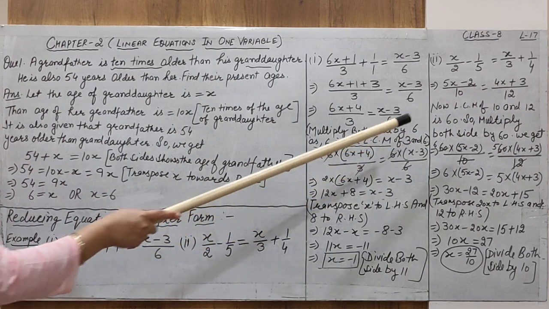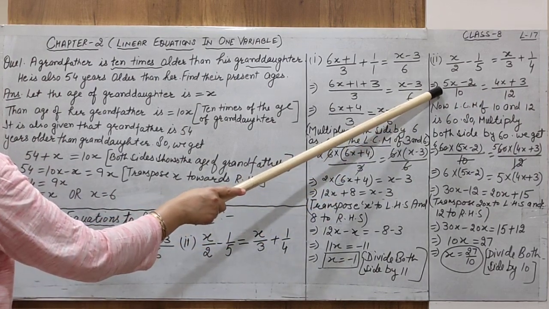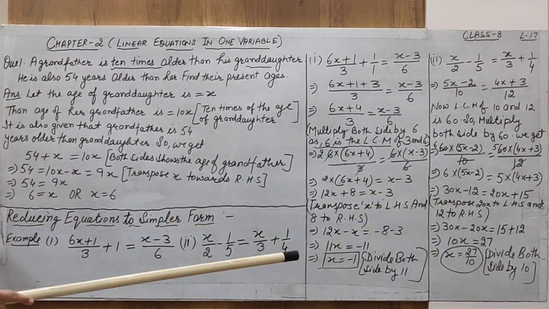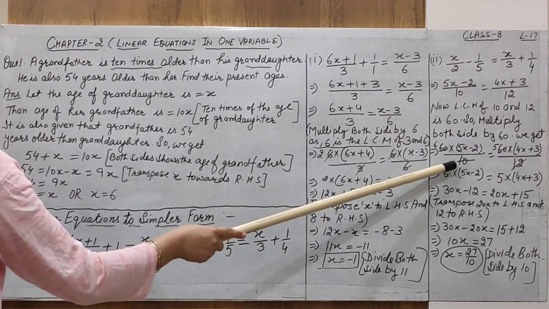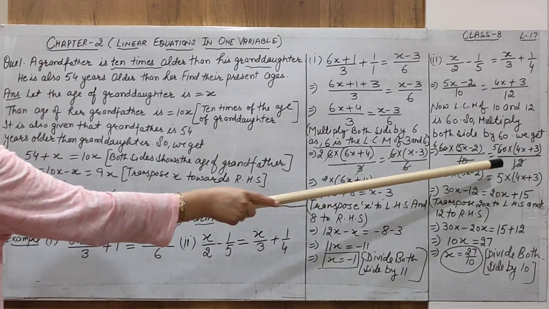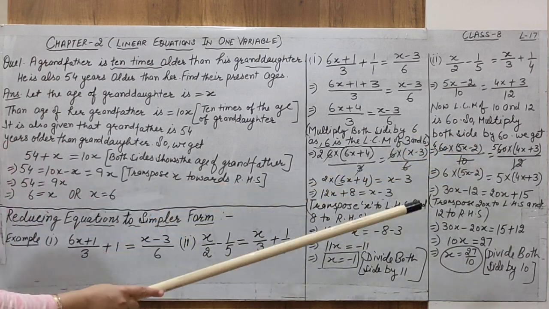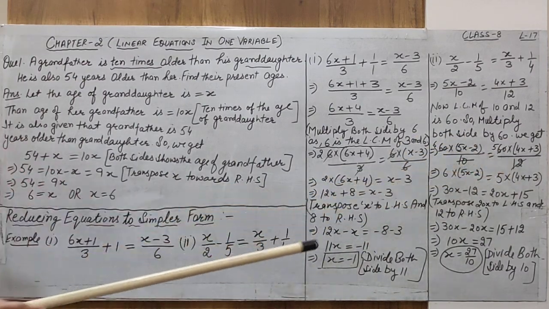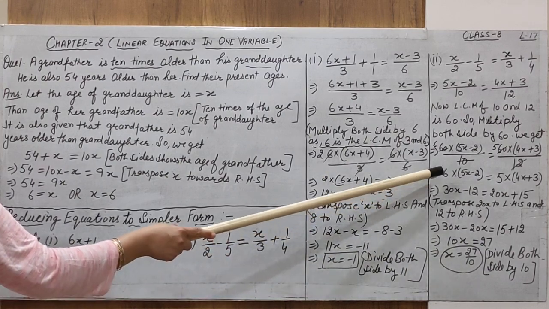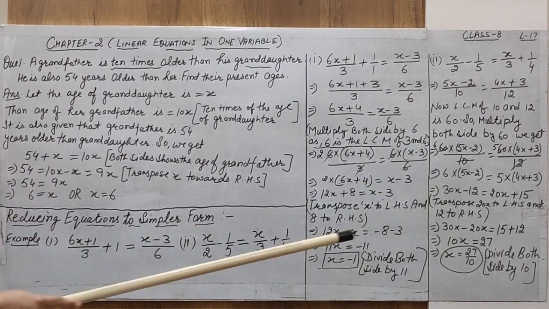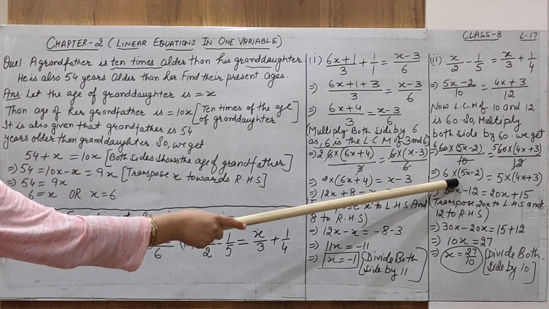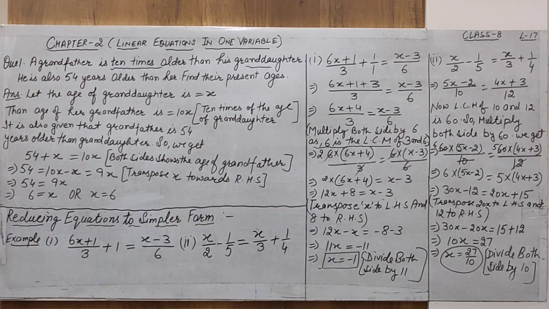What do we get? 60 is multiplied with the numerator of the left hand side and 60 is also multiplied with the numerator of the right hand side. When 10 is cancelled out with 60, we get 6. Alright, and 12 cancels out 60 at 5. So both the denominators are cancelled out, are removed. Now we are left with only a simpler form of the equation in which variables are on both sides and constants are also present on both sides.